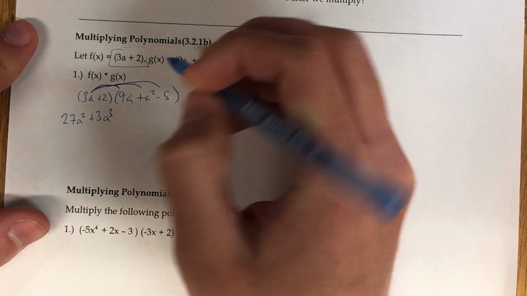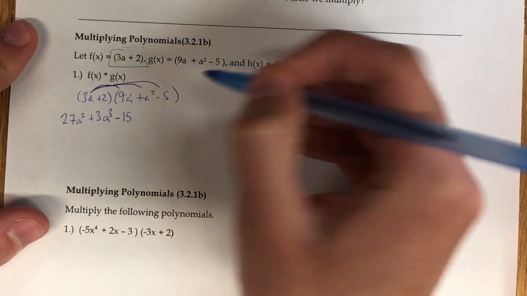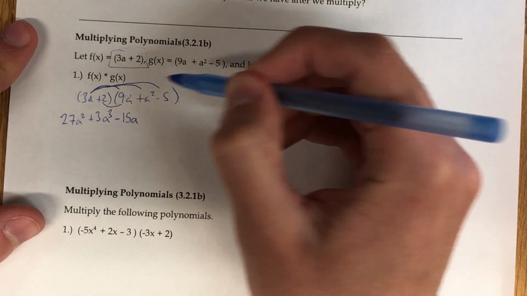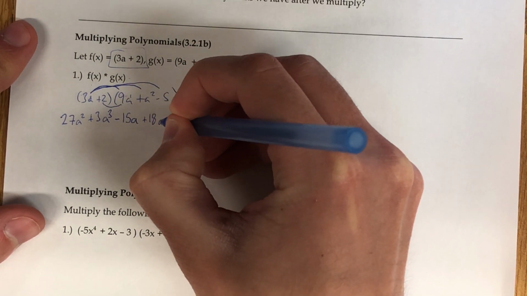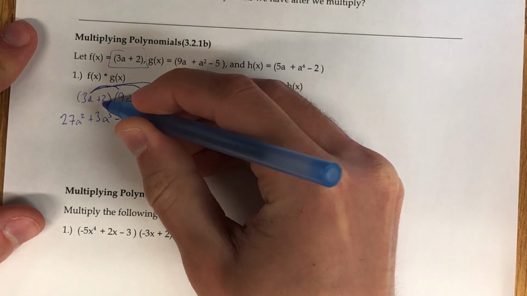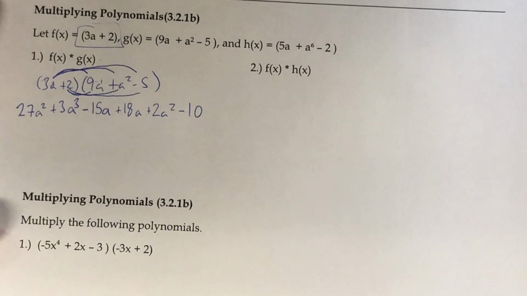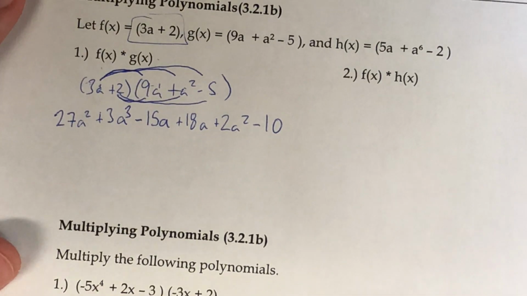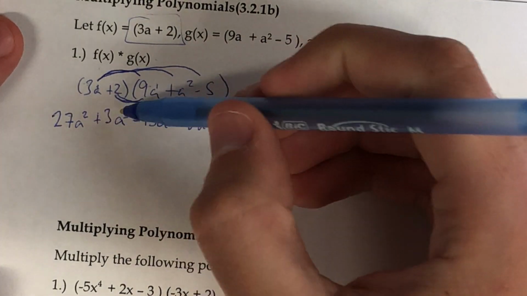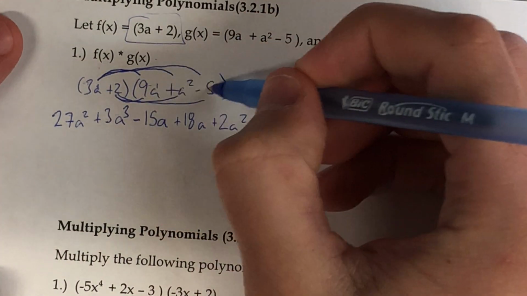Then 3a times negative 5. 3 times negative 5 is negative 15. A times nothing, or just a. Next, on to 2. 2 times 9 is 18, and we have a. 2 times a squared is 2a squared, and 2 times negative 5 is negative 10. From there, now we have 1, 2, 3, 4, 5, 6,